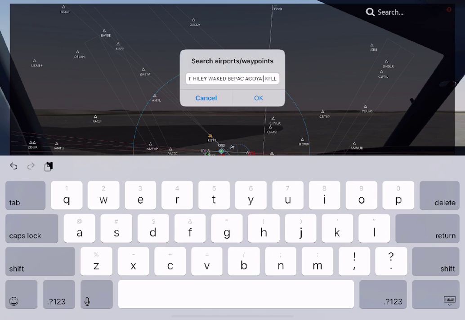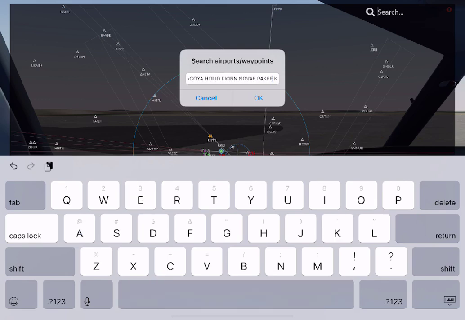And we've got Hollid, Pion, Novi, Packy,